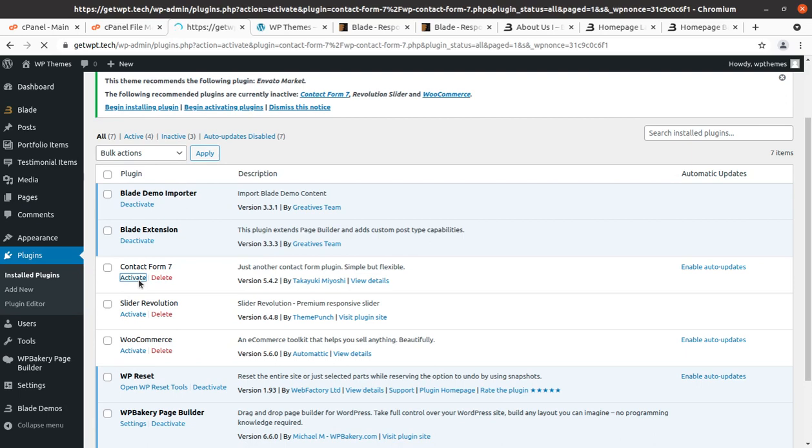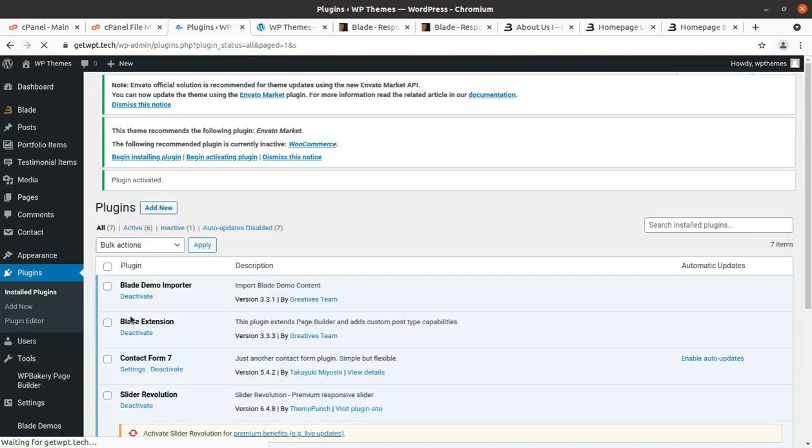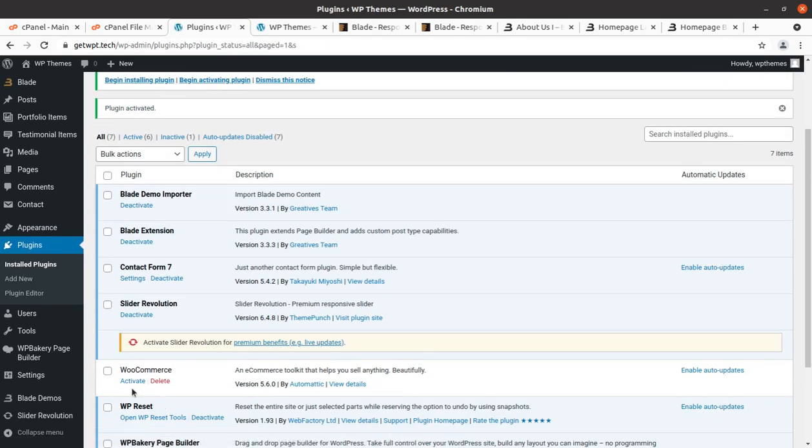Now we can go back to the plugin installation screen, and we need to activate the installed plugins. This is Slider Revolution, and this theme will support WooCommerce as well, so you can use this theme for your e-commerce website, that is for selling your services and products. So this is a great advantage. Along with the business website, you can run an e-commerce shop side by side, so it is good.